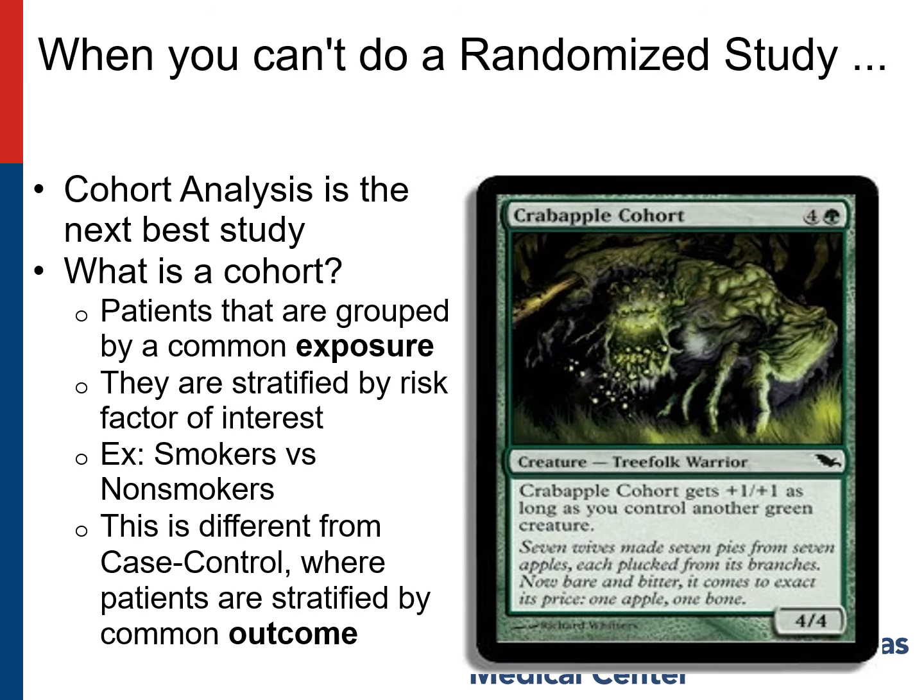So when you can't do a randomized study for reasons, cohort analysis is the next best methodological approach. The definition of a cohort is patients that are grouped together somehow by a common exposure. They can be stratified by risk factors of interest, or they can be stratified by